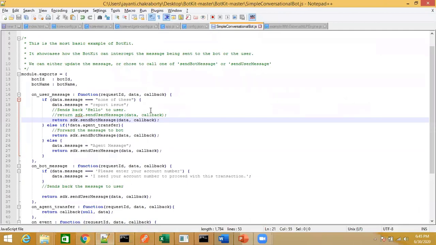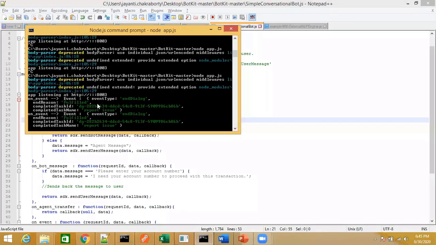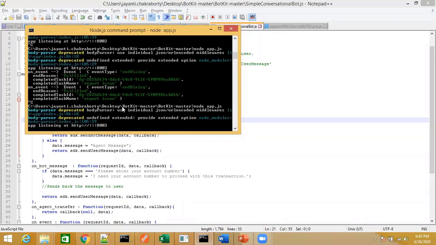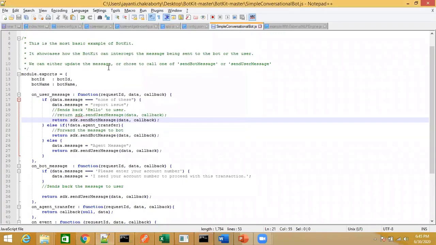So after I have made these changes, let's save it over here. And once you make a change, remember to restart your Node.js, because any changes should be handled.